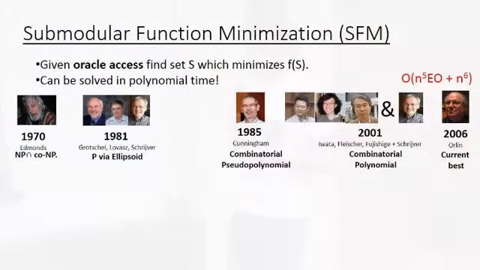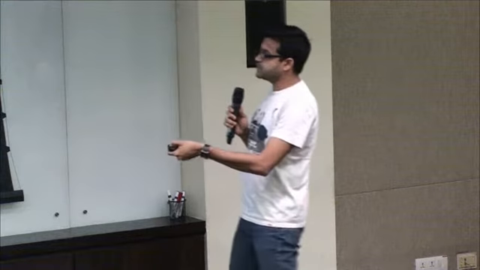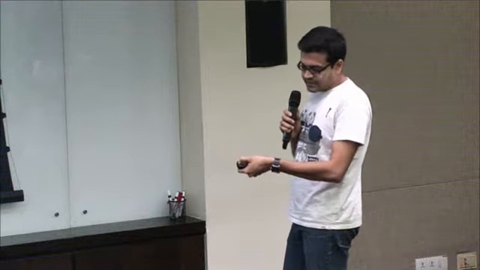And the property that helps is obviously submodularity. This has been an object of study for decades. It was started by Jack Edmonds in the 70s, but the first polynomial time algorithm was given in 81. It was basically an algorithm which showed that the problem is in P using something called the ellipsoid method. You cannot say it is a truly good algorithm, and people were trying to hunt for a real algorithm which they can code up, which gives you the minimum. And in 85, Cunningham gave an algorithm in the true sense of the word, but it ran